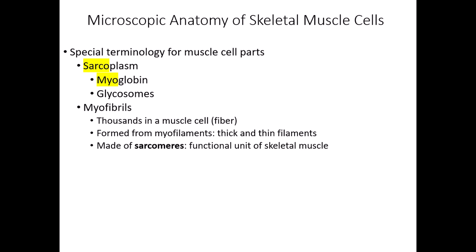These are proteins again, and I think we might have mentioned them when we talked about proteins. These have a lot to do with creating movement. And so that makes sense because we're talking about muscle cells, and we know that the function of muscle is to generate movement. So our myofibrils are going to be formed from these thick and thin filaments. And the arrangement of the thick and thin filaments creates a unit called a sarcomere. And so we can think of a sarcomere as the functional unit of skeletal muscle. This is what we're going to really look at very closely